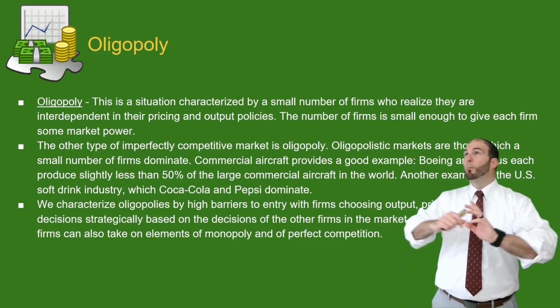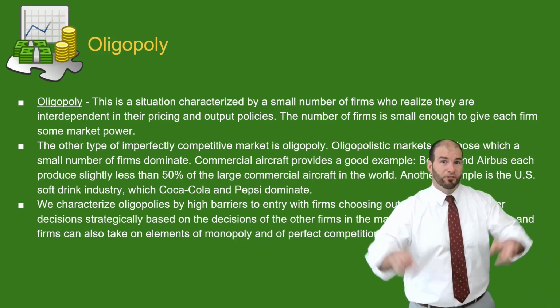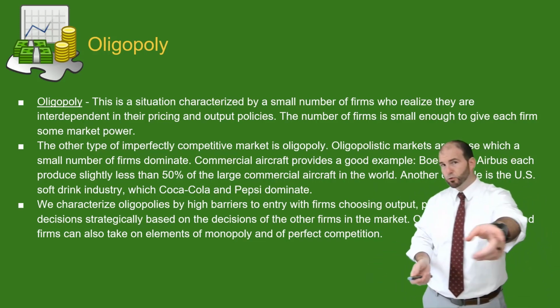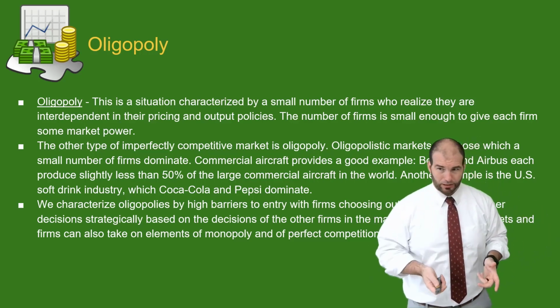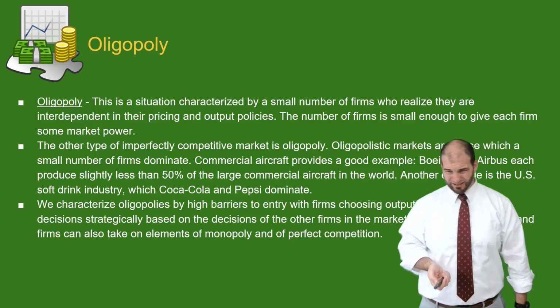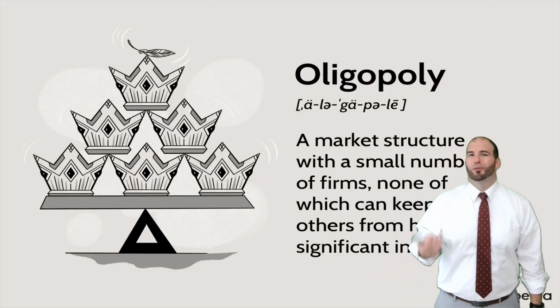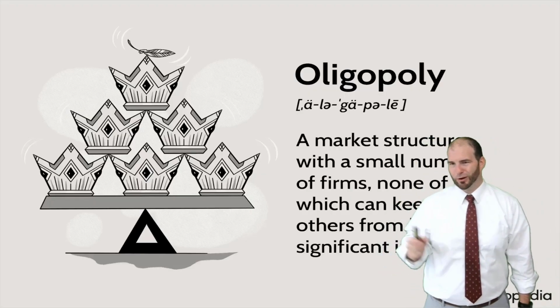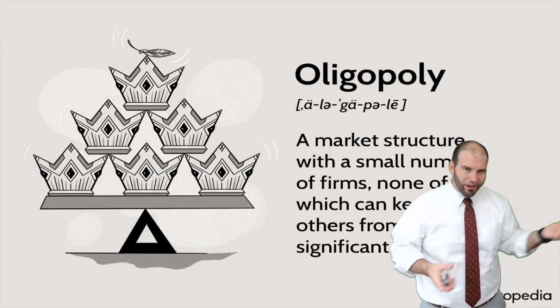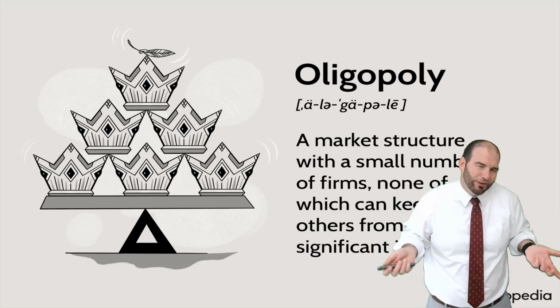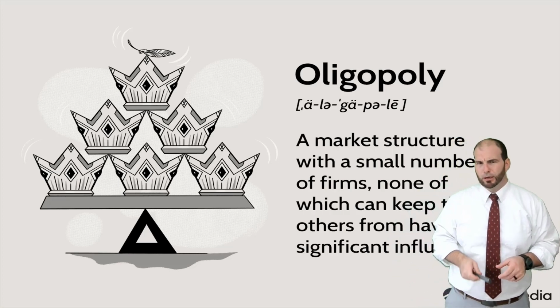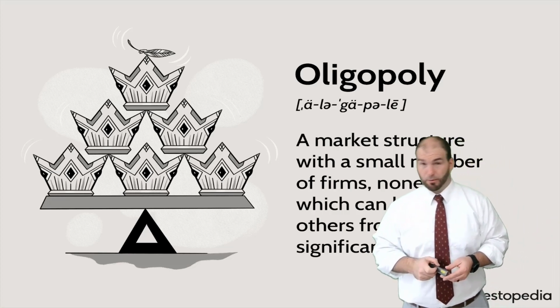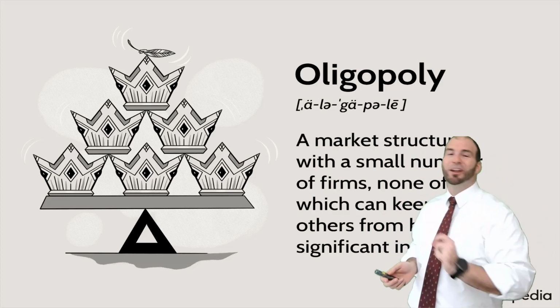So there's two main types of imperfect economies that we're going to talk about. First one we're going to talk about is an oligopoly. So an oligopoly, all right, and you're like, oh, what is it? So you may have heard of a monopoly, and we're going to talk about that in a second, where one person owns everything. If you've had me for other history classes, we've mentioned it, robber barons and stuff like that. An oligopoly is not a monopoly. It has a whole different word to it.